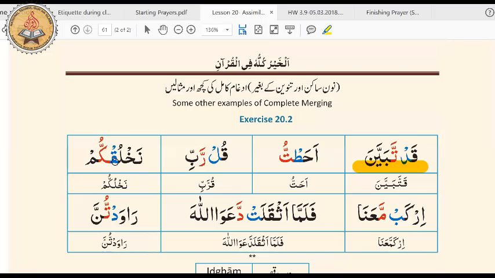Again, what you did was you ignored this blue highlighted letter. You just joined your lam with the kaf. So well done. That was really good. MashaAllah. Well done. Really, really good. Well done. Jazakallah for your help. Jazakallah. Okay,